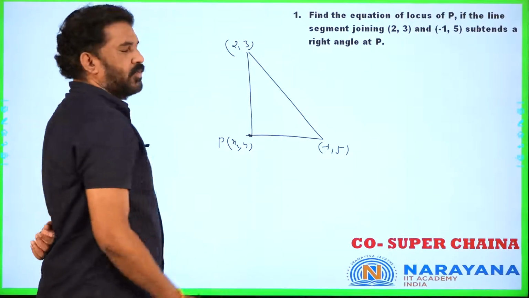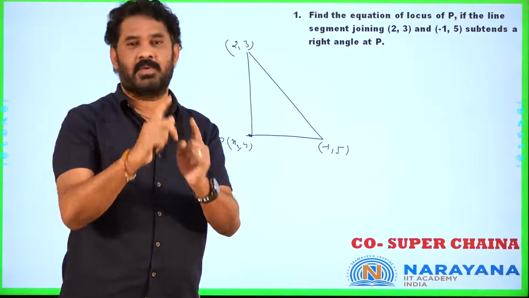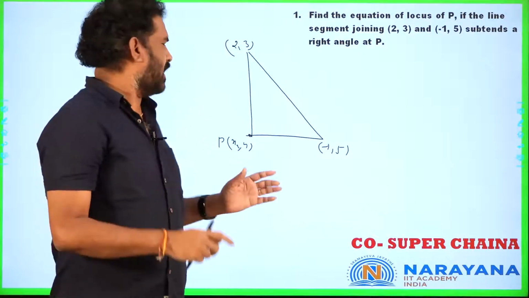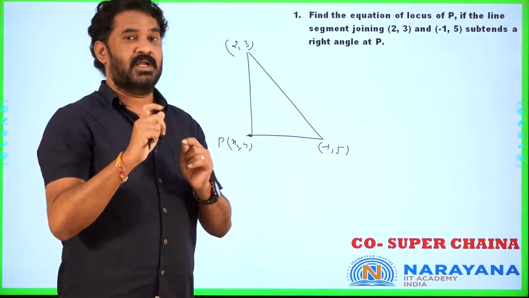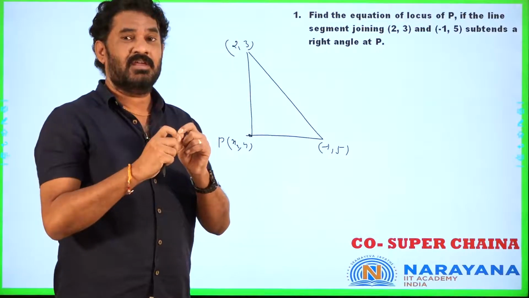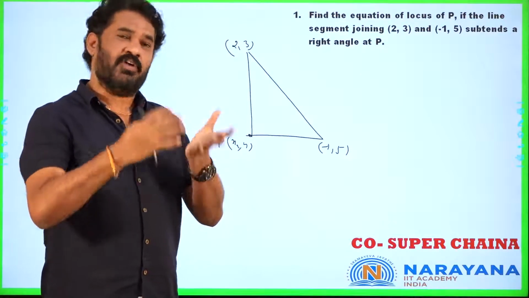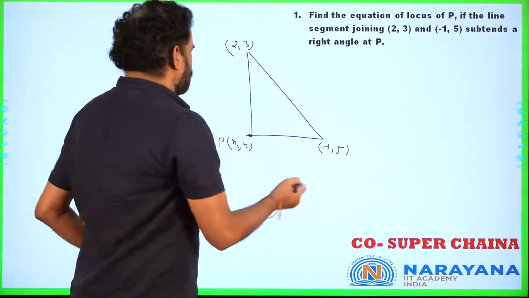It depends on when we are taking the locus. Sometimes we must take h comma k, but sometimes we can take x comma y in this kind of problem. You have to remember that. Sometimes definitely you have to take h comma k, but finally h comma k is replaced by x comma y only.